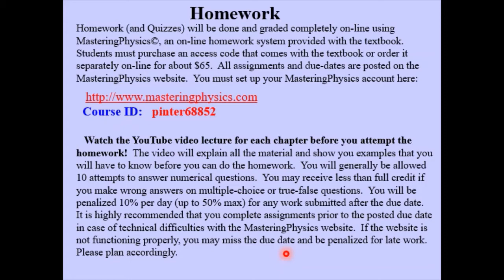You're going to have to take a late penalty. Okay, so don't wait till the last minute to do your homework. You may have an internet connection problem, or your computer might have an issue or something like that, and it's a shame to miss those points. So get the homework done early. Start working on it several days before the due date if you can.